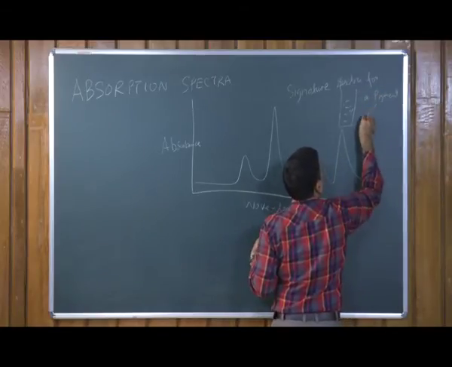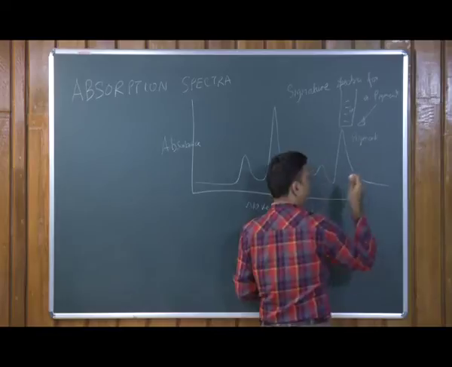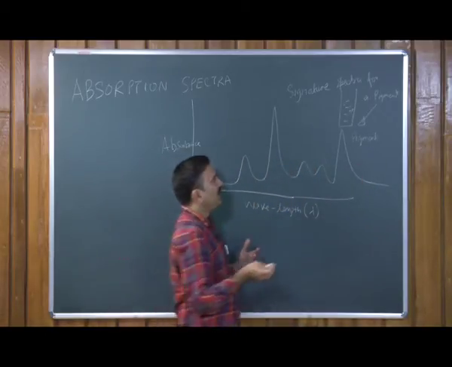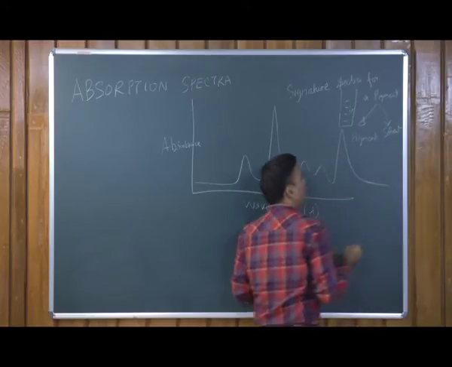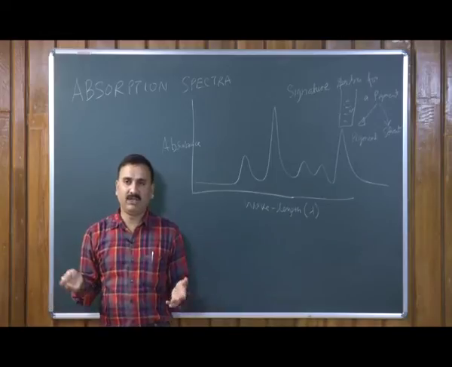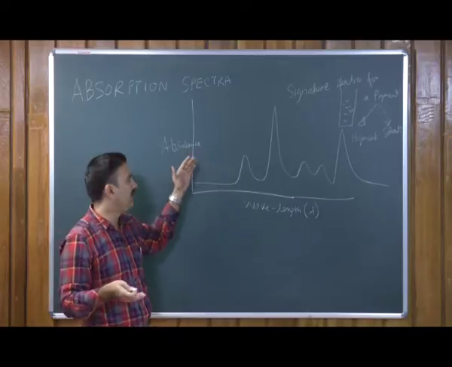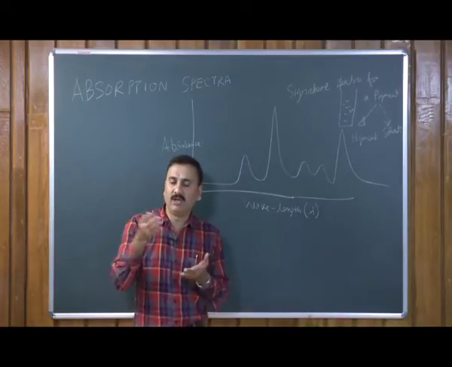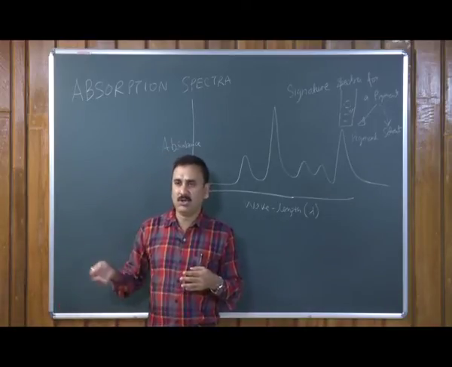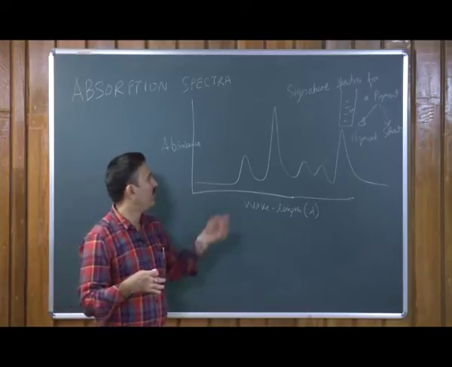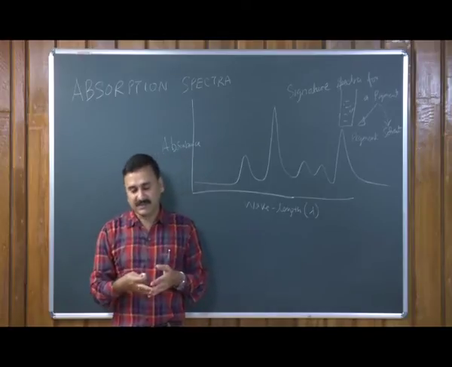As long as the pigment is not changing and the solvent is not changing, meaning if you are making a solution of chlorophyll in methanol, the particular signature spectra will remain intact. But if you dissolve the chlorophyll in ethanol or acetone or any other organic solvent, probably the pattern will change, because that actually has shielding as well as other kinds of effects.